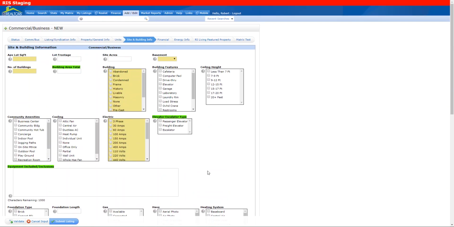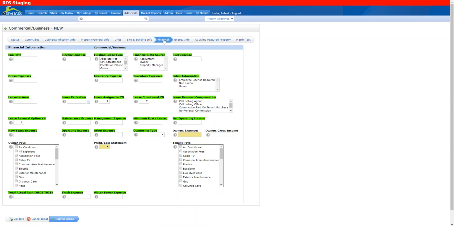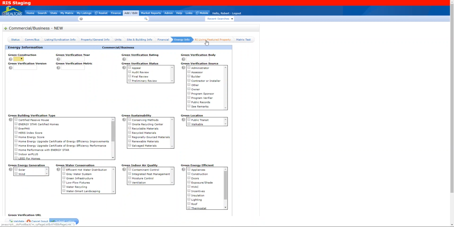After completing this section and all the required fields, and as you can see, anything that's in yellow is required, we'll move over to the financial section where we added quite a few values as well. And all those are highlighted in green. So this gives you a chance to show what the expenses are, what the lease options are for your particular property that you're trying to list. Going on to the next tab, Energy Info, no changes on that one, and no changes on the RI Living